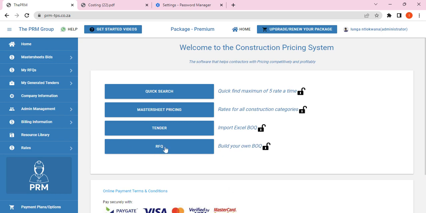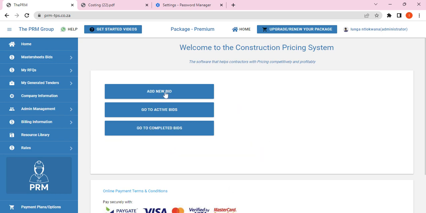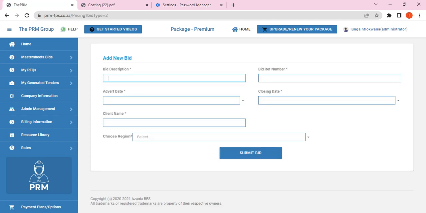We go to RFQ. You will have an option of three. One is add new bid, two go to active bids, three go to completed bids. You simply go to add new bid because it is a bid after all. Then here, what I want to do is I'm doing a building maintenance work. So it's a mixture of wet services. I'm doing a bit of painting, I'm doing a bit of plumbing, and I'm doing a bit of ceiling work as well. So I would call it